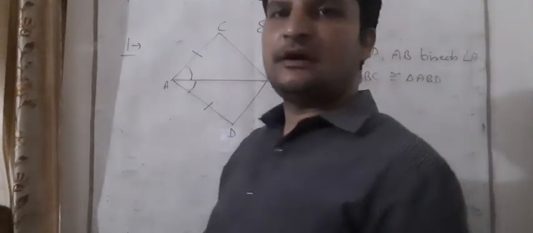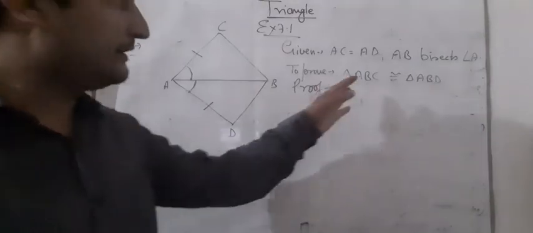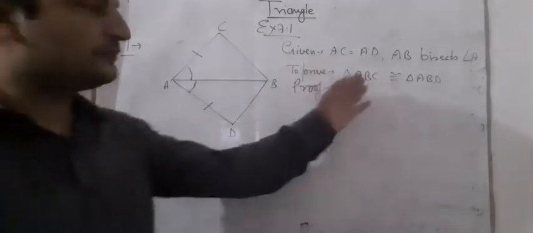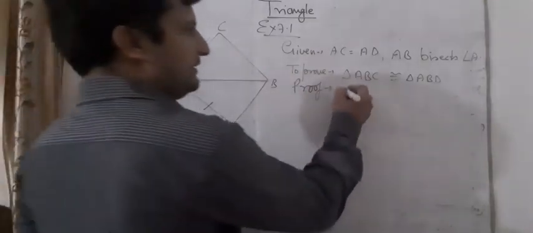Now students, how can we solve it? Triangle ABC is congruent to triangle ABD. First we will write that. We have to write what we have to prove. We have to write in triangle